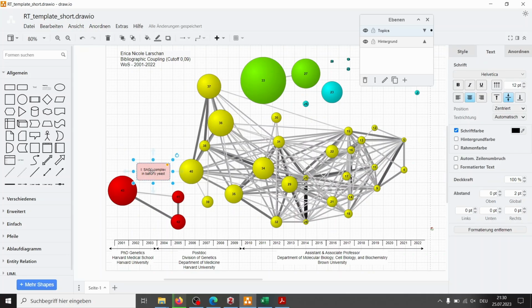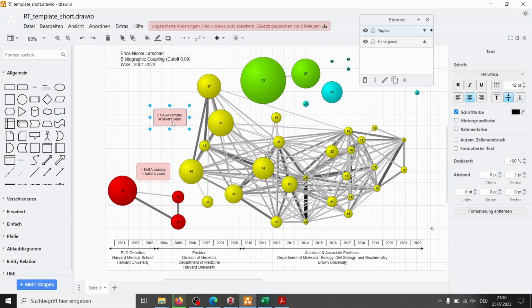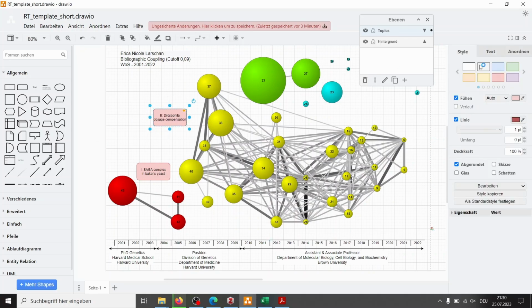You can just copy the field from the first one, color it in the right color,